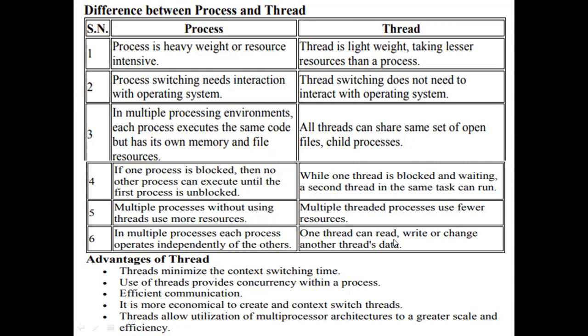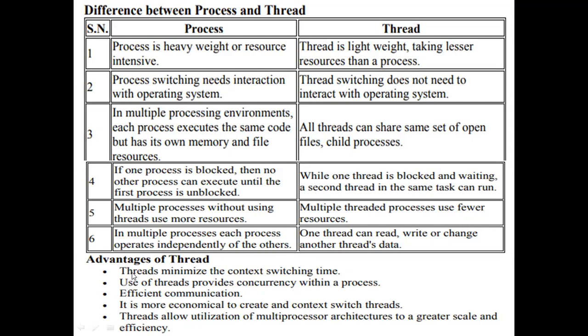One thread can read, write, or change another thread's data. So here we can see the advantage of threads. Threads minimize the context switching time. Context switching is a technique where we switch the CPU, that is the processor time, among the processes, thereby increasing the